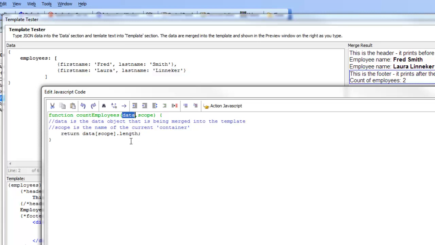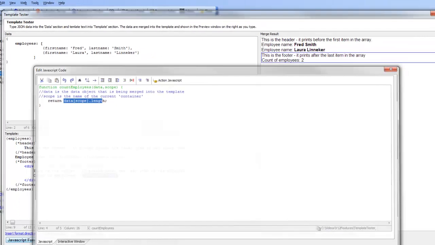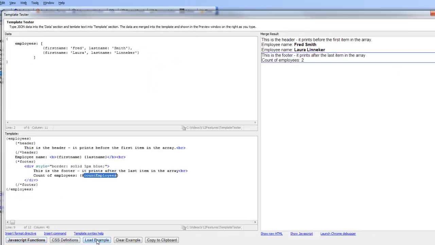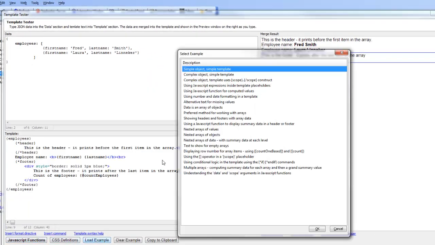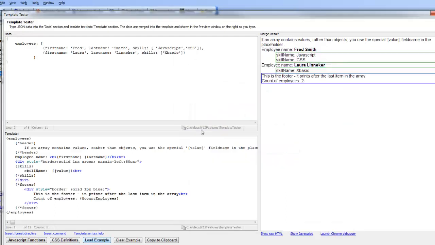So that's the JavaScript that gives you the length of an array. So let's move on now to the next example, where we'll talk about nested arrays. So if we look over here, we can see that our data now has an array of employees, and for